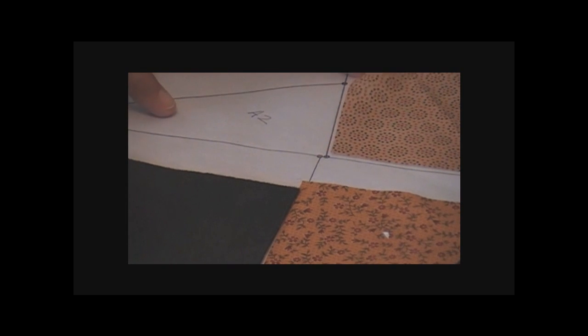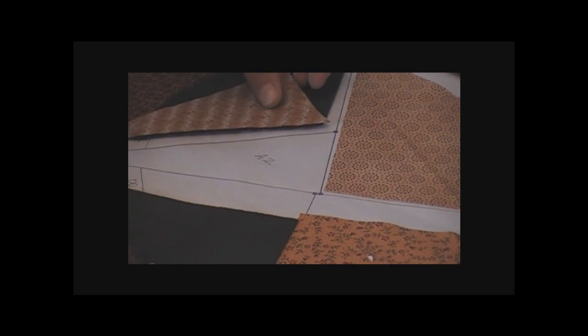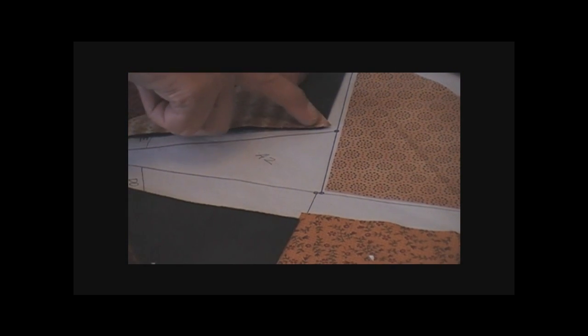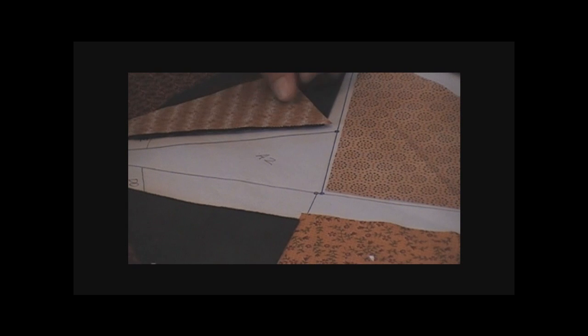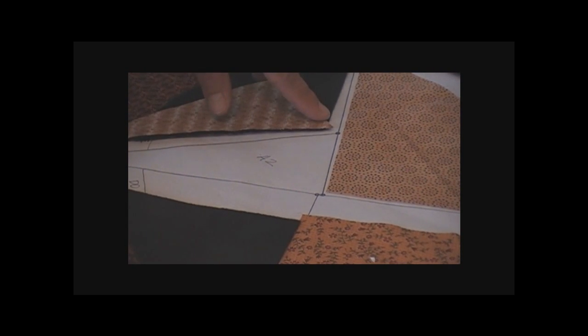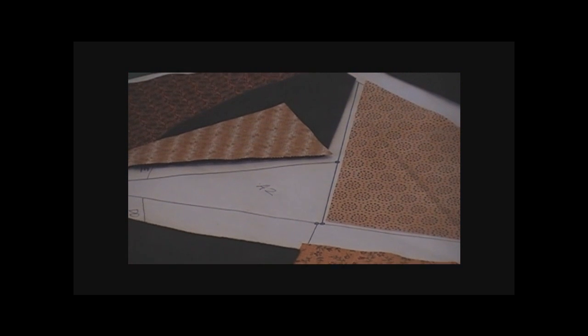here is A1 and A2, and you're going to flip this right sides together, your raw edge is even, and then you're going to look along your seam line and see which end the dot is at, and it's at this end. So that means you are going to try and pay attention and get your seam straight across here. And so to do that,